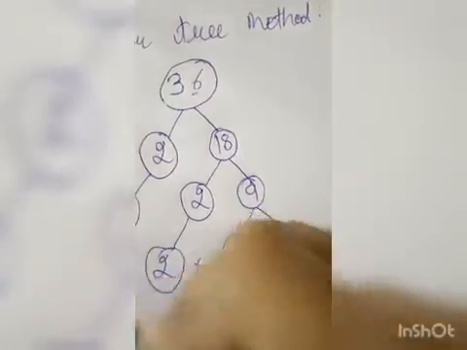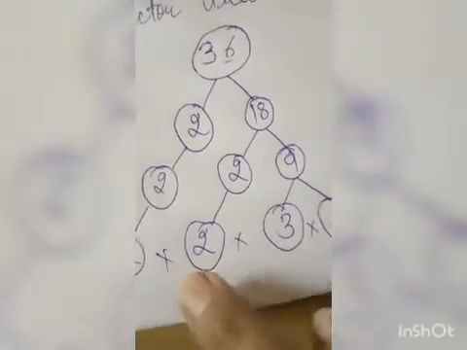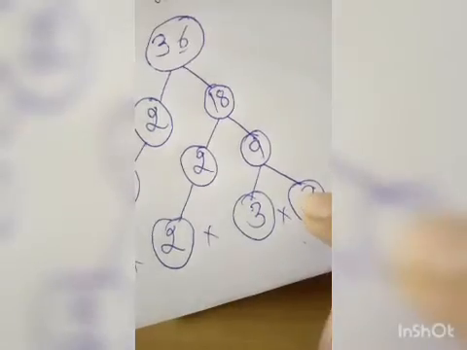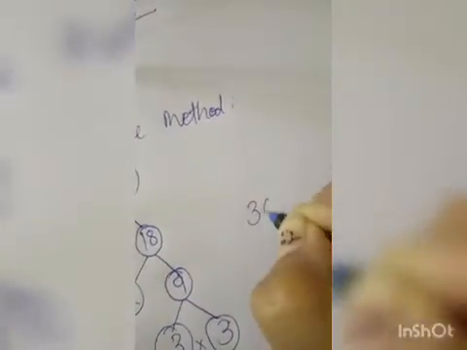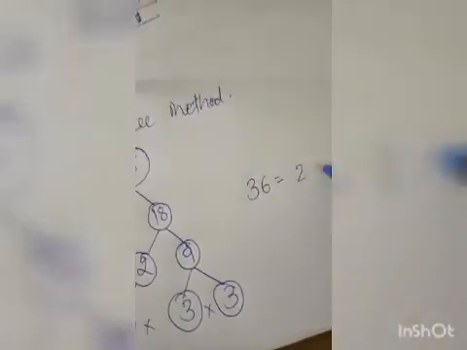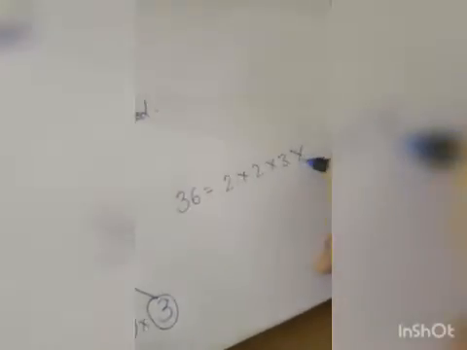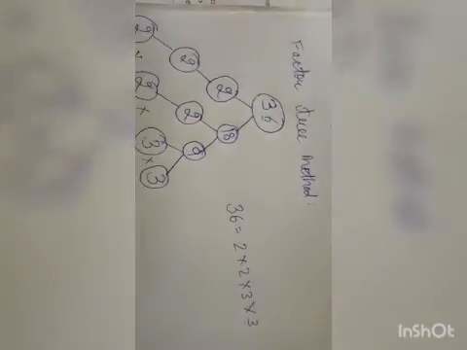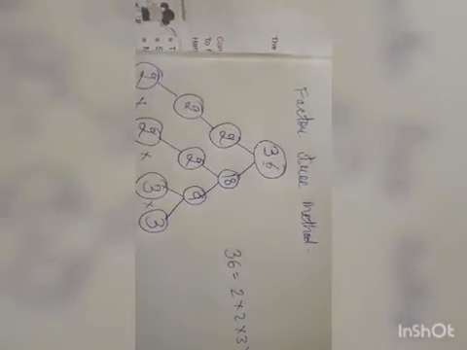Now multiply them, we get 36. 2 2s are 4, 4 3s are 12, 12 3s are 36. So according to the factor tree method, I got my factors. The last nodes are 2 into 2 into 3 into 3. This is the factor tree method of solving a question. Now as we have done this question 165, we have solved that. So again, to make you understand, I will solve 165 by using the factor tree method.